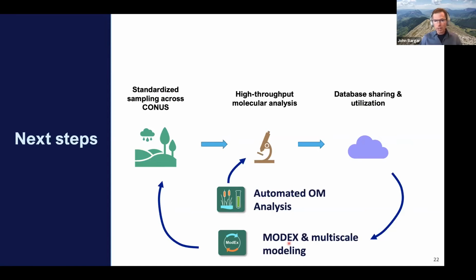And this means we're going to have to bring online fully this automated organic matter analysis capability. So that's coming up next. We're actively working on it. We'll also deliver modeling capabilities to user programs. The models are super important. If you're not a modeler and you're wondering, why do I need to do this? Well, it's because this massive amount of data that's contained in the database can be encoded into the models, and then you can use the models to understand what processes are occurring when and what the net products are.